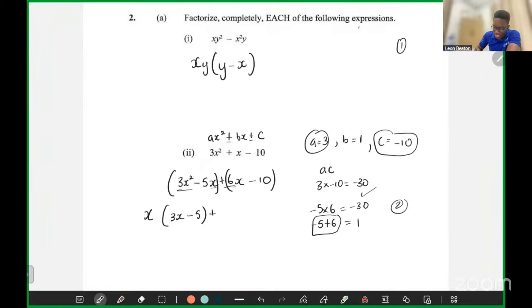So we have the 6 here, and the minus 10. So we see a common factor is there, and that common factor can probably be 2. So we factor out the 2. We factor out 2 from 6x. 6x divided by 2 would give us 3x. And factor out 2 from negative 10. Negative 10 divided by 2 will give us a negative 5. And hence,